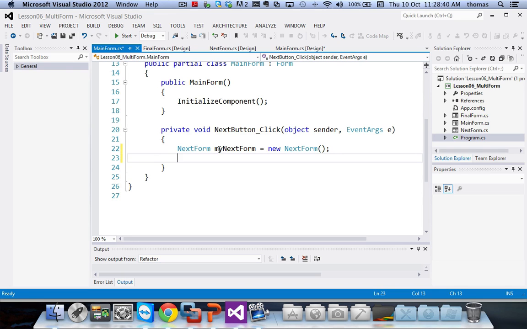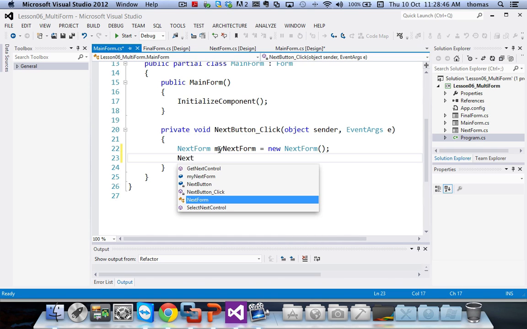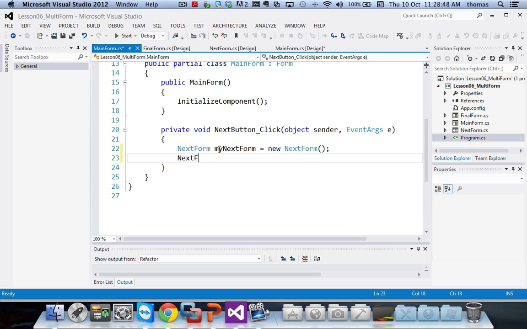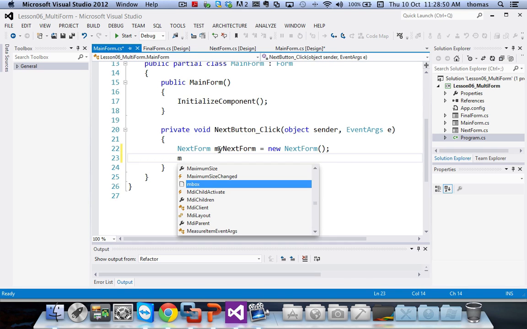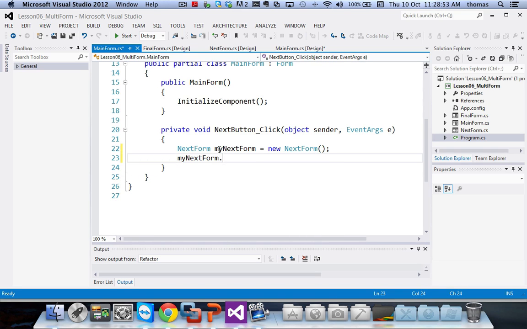Now, if I want to show the form and it's going to be a modeless form, the example would be that next form would not be the one I use. I have to use my next form, because that's the one I just created. Here it is. Dot show. If I use the show method, what is this going to do? It's going to show the other form. Okay, let's save all that, and let's run my